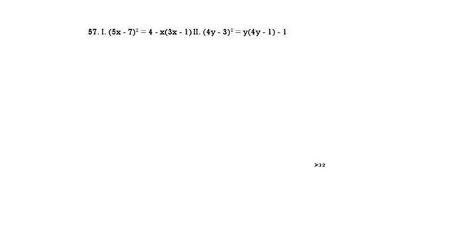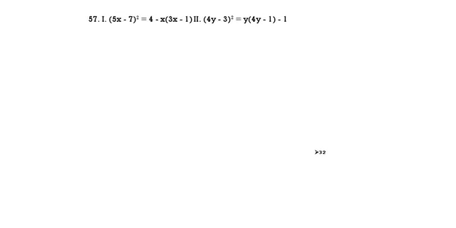(5x minus 7) whole square. It is in the form of (a minus b) whole square. That is a square plus b square minus 2ab. 2 into 5 into 7, that will be 70x. This is equal to 4 minus 3x square. Moving terms, 25 minus 3 becomes 28x square. Minus 70 plus minus 1, that is minus 71x. This will be minus 71x, plus 49 minus 4, that will be plus 45 is equal to 0.